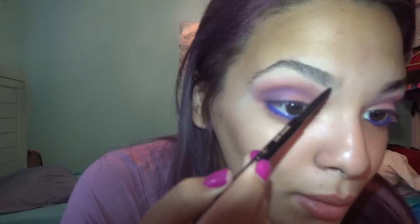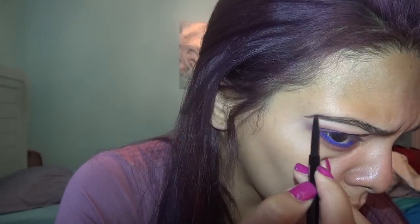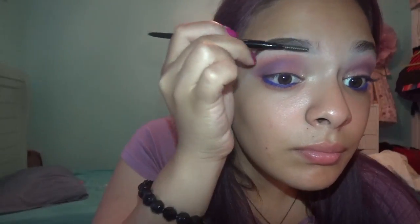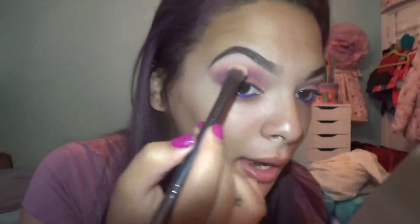Alright, so using the Anastasia Brow Wiz in dark brown, waiting to do them brows. I was already putting highlight in the inner corner. I got so carried away that I forgot to do my eyebrows, so yeah. Too much change on me, man. So I'm gonna take the Champagne Pop Becca highlighter, and I'm gonna highlight them eyebrows, because